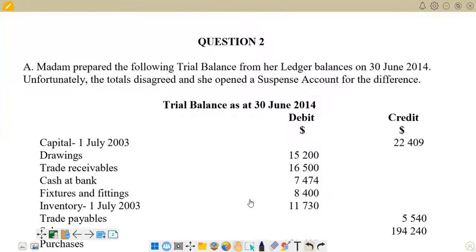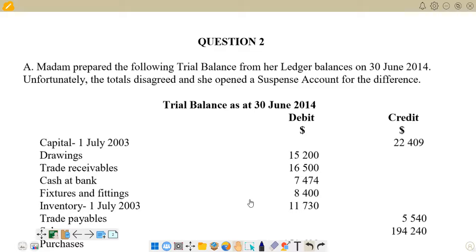Today we want to look at a question on suspense account. The first part of the question requires us to prepare the journal entries, and then we also need to prepare the suspense account. Then we prepare the corrected trial balance after correction of the errors. Basically, we know the importance of a suspense account is to correct errors that have caused the trial balance not